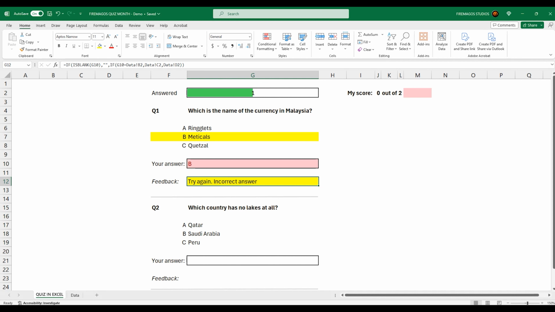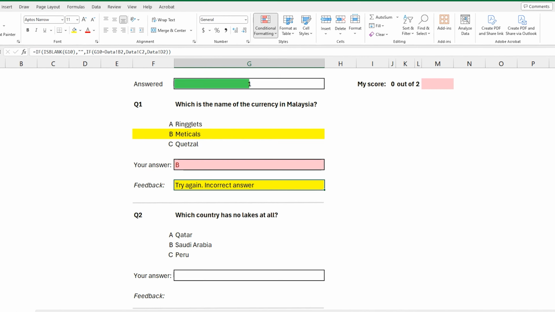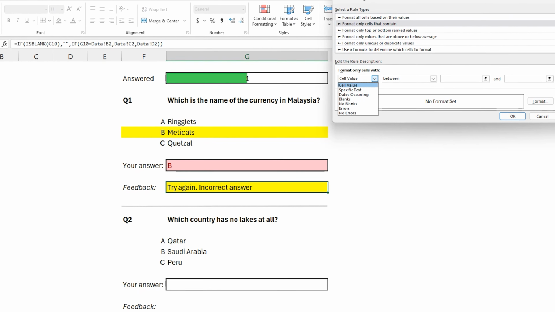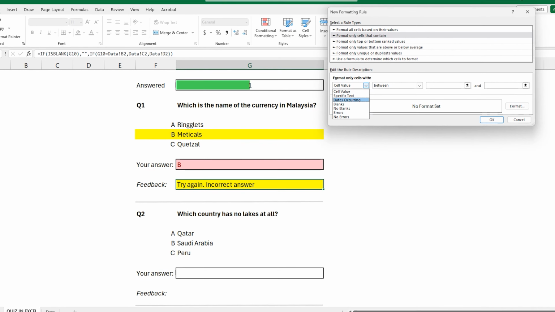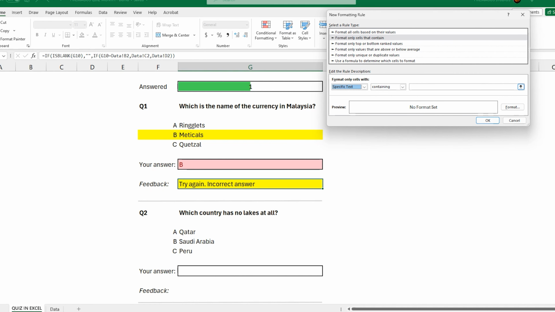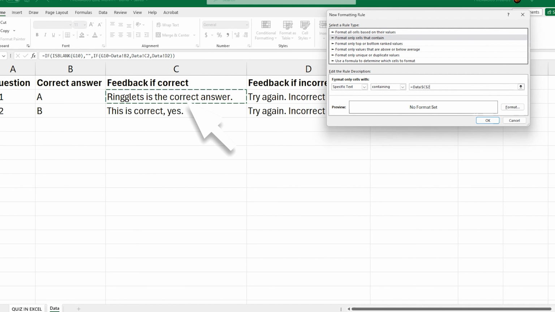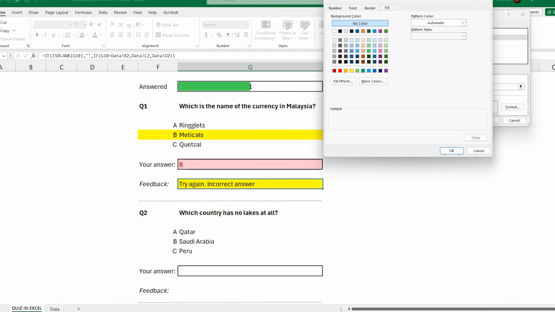And what you can do is replicate exactly the same thing. I would say go here to conditional formatting, add a new rule, and then format only cells that contain, changing cell value to specific text containing. If the answer is this one, because we already have the function, then the feedback is correct, then have it green, or whatever kind of green we want, and click OK.